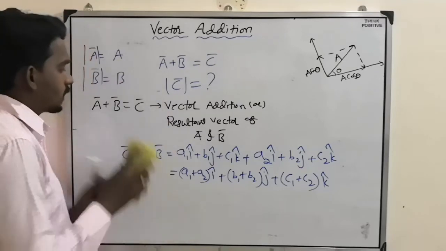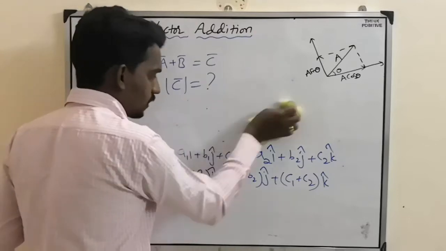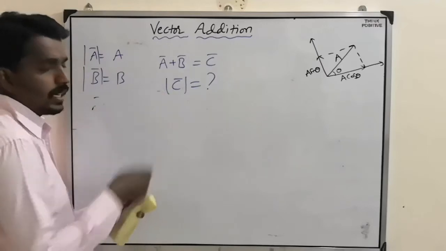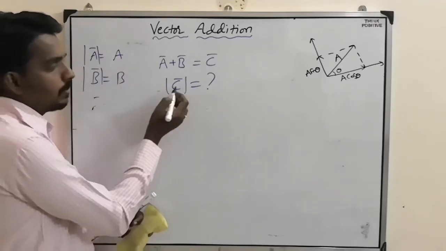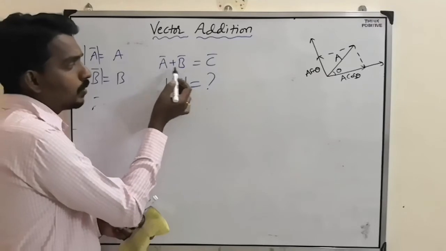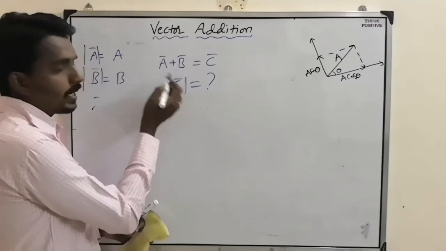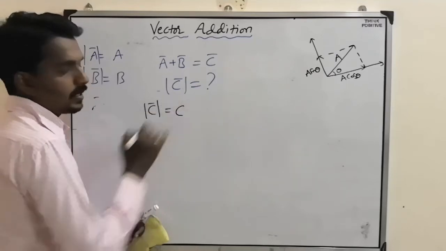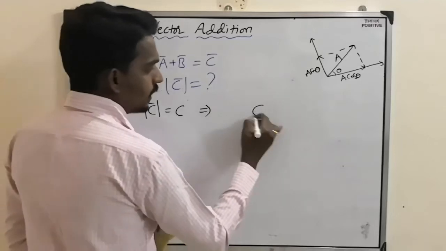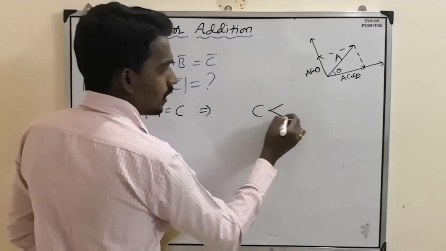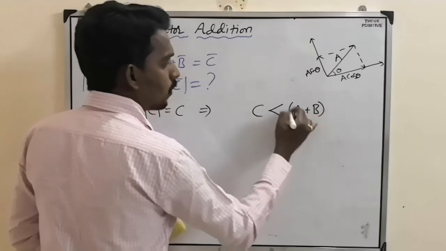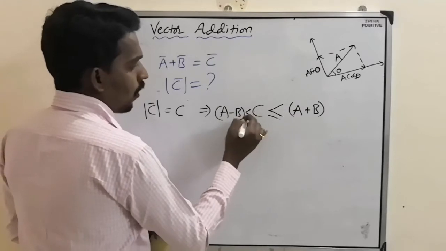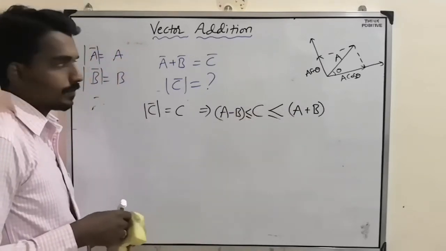The addition of two vectors always lies within this range. So the C bar magnitude is nothing but the magnitude of A bar plus B bar, the resultant of A bar plus B bar. Then the C bar magnitude, let's say C. Then the magnitude of C is always less than or equal to A plus B and greater than or equal to A minus B. For example,